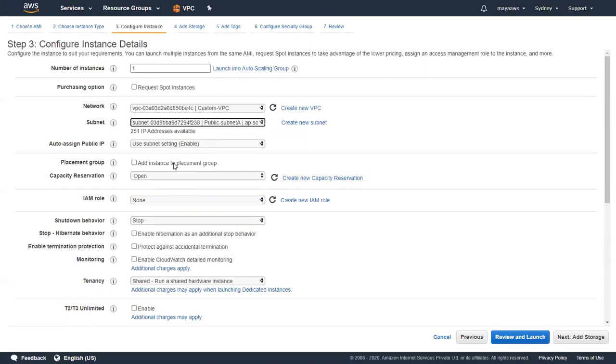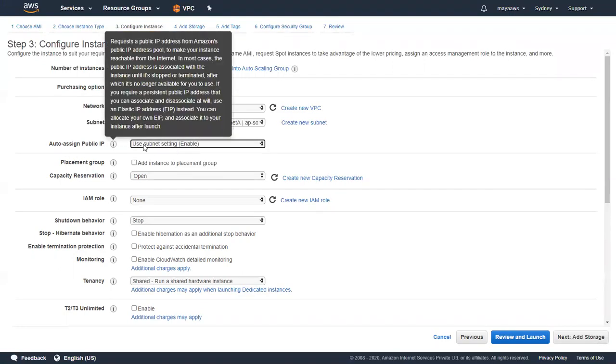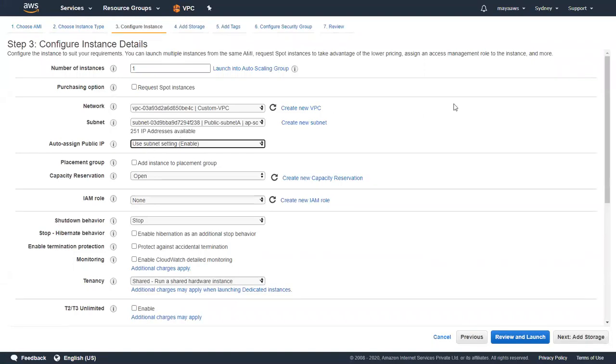So previously I was telling about how we need to enable the auto assign IP settings. By default, it should be in enabled state. So whenever you create a machine in this subnet, that system will get the public IP address automatically if we have that setting enabled. So we don't need to bother about this setting. If you have not done that setting globally, then you need to click on enable. Anyway, we have enabled the setting already at the subnet level.